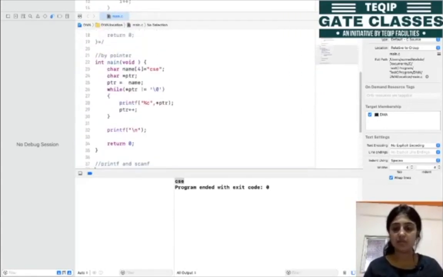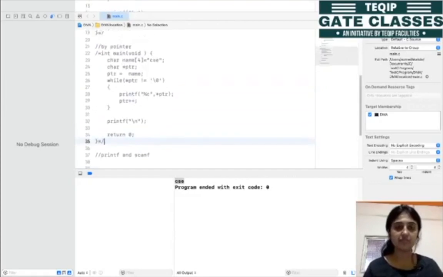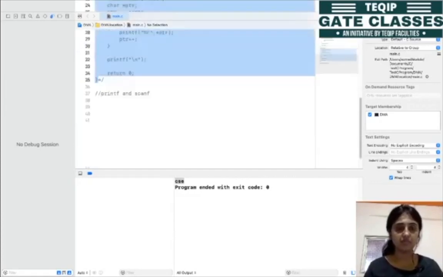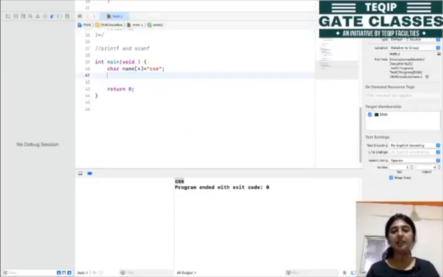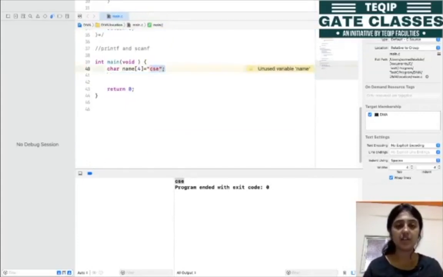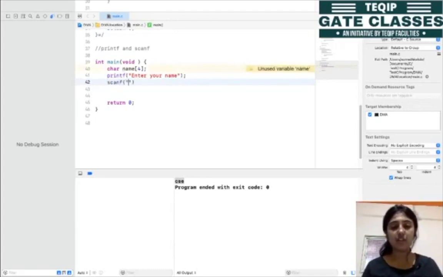So let me write this thing inside the comment. ओके तो अब मुझे यहाँ पे क्या करना है, I need to use the simple printf and scanf function to print the string. तो सबसे पहले तो I need to declare one character array, then I am printing that enter your name. ठीक है, तो enter your name से क्या हो जाएगा, this message will be getting printed here. After that user will enter some value, and we know that for string the format specifier is %s, then this name. So this name is the name of array.